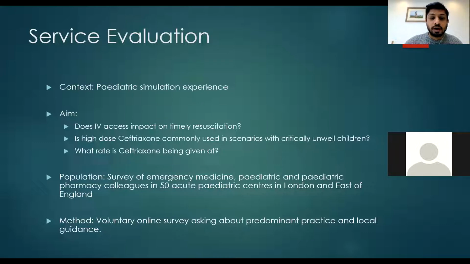whether or not high dose ceftriaxone is the most commonly used antibiotic in critically unwell children, which we suspected it was, and what the rate is that ceftriaxone is being given at. And the way that we did that was essentially to send out a survey to emergency medicine clinicians, pediatric colleagues and pediatric pharmacy colleagues across all of the 50 acute pediatric centres in London and east of England. And we provided them with a short online survey asking them about predominant practice and local guidance,